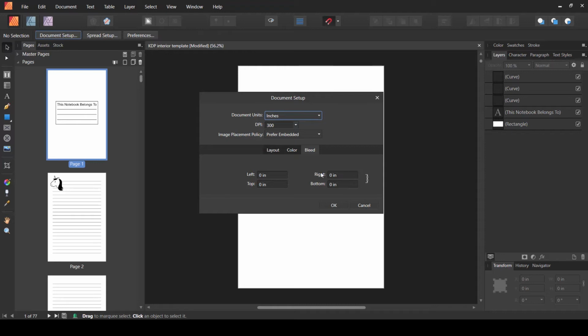If you are using a page size that already includes the bleed values inside itself, then you do not have to put any bleed values. But if you are using the standard page sizes and want to include the bleed separately, you can put it here.